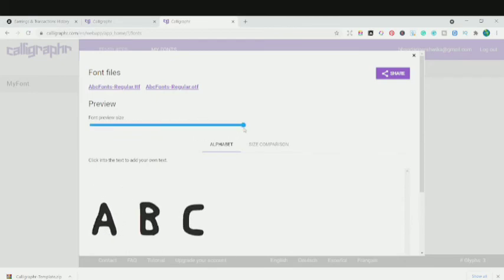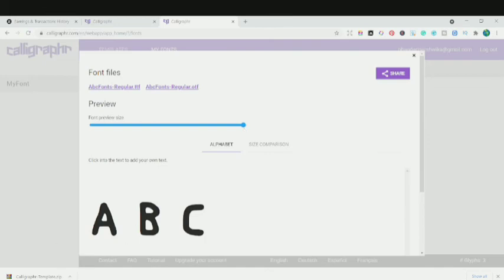Now you would be thinking, we have created our font in part 1 only, so why do we need to see part 2 of the video, guys? Wait, guys, in Calligrapher we have created the font, but there are still so many errors in this font that we need to correct. So we're going to be using another software in part 2, and we're going to proceed with making more changes and correcting the errors in our font.